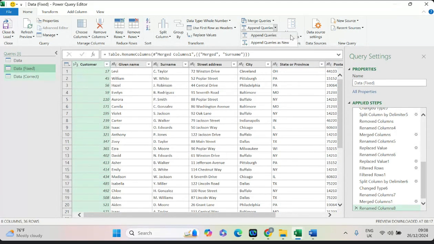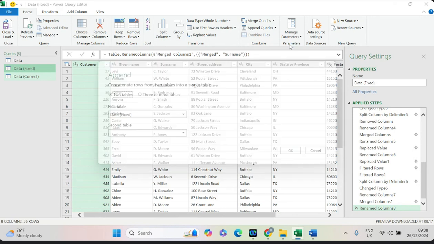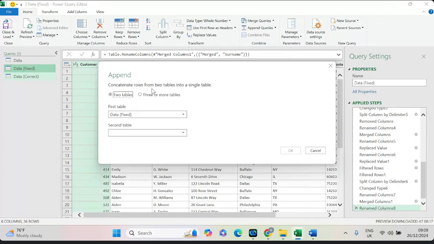So your append queries, and append as the new queries. Okay. So we choose append as new. Append as new, it will tell you concatenated rows from two tables. That means, like observation 17 doesn't exist in the correct data, then you will append together, add together. So the first table should be the correct one. Second table is the fixed one. That means your master table is the correct table. The fixed one you append. Okay,